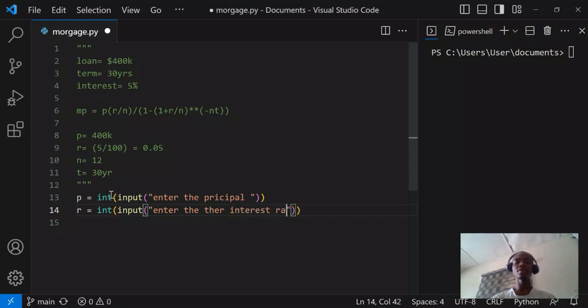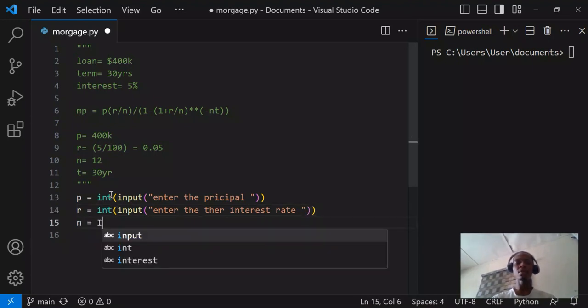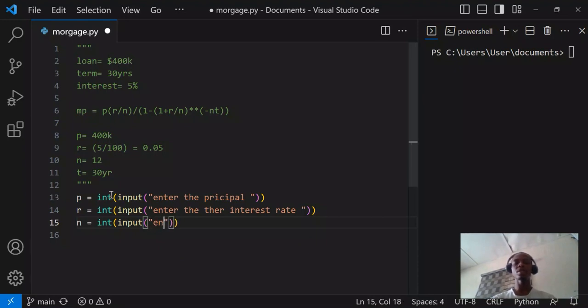Interest rate, and then n, integer as well. And copy this, but I think I should just type it. It's also kind of faster. You can. I would advise you just copy it to make it a little bit faster for you. So integer. Then I'm going to say enter the number of payments